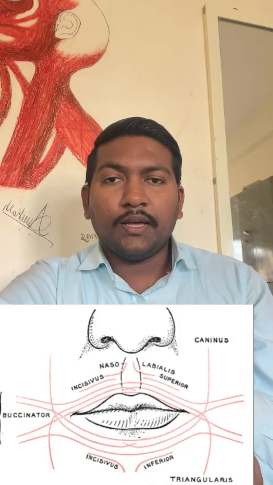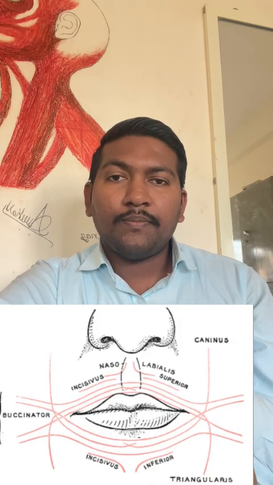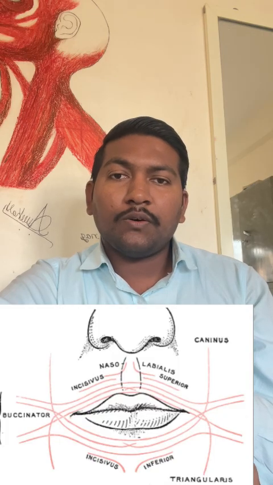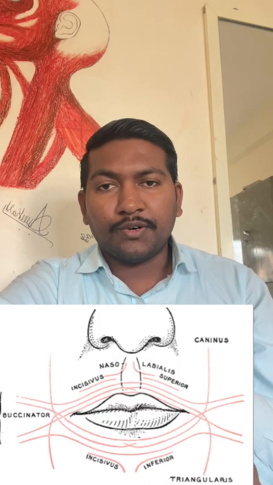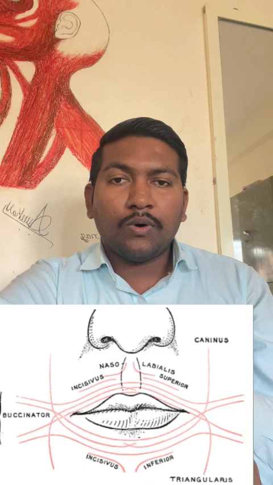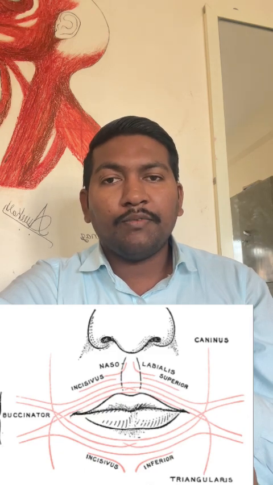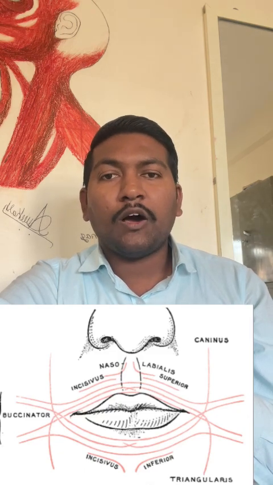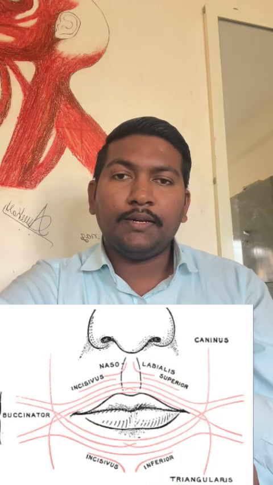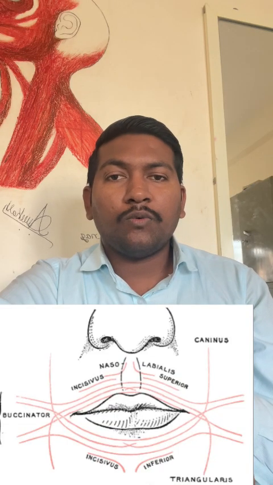It means the central portion of the upper part joins the lower part of the orbicularis oris muscle, and the lower part of the central fibers joins the upper part of the orbicularis oris muscle, and the uppermost and lowermost